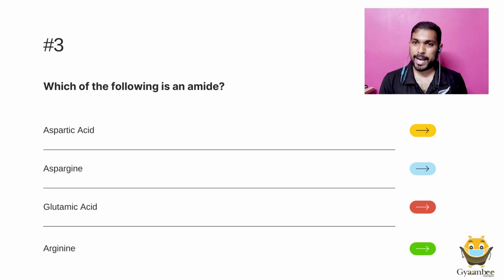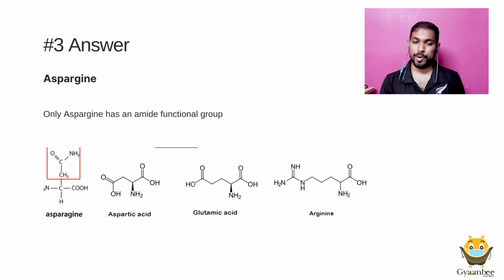So, aspartic acid, glutamic acid, and arginine are all amino acids. That's true. They contain an amine group and a carboxylic acid group in their chemical structure. But asparagine, on the other hand, is an amino acid that contains an additional amide group in place of the carboxylic acid group that is found in aspartic acid, which of course makes asparagine an amide, and